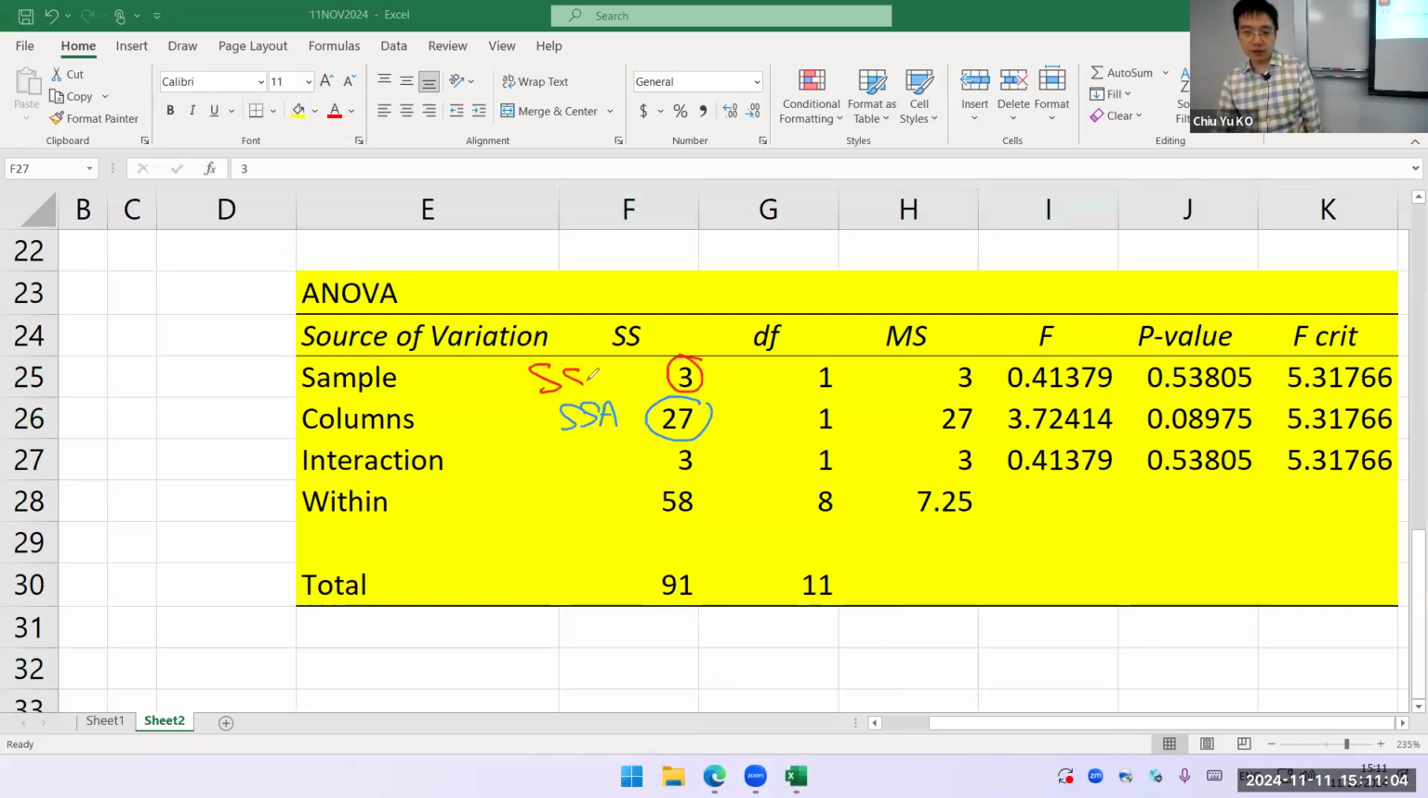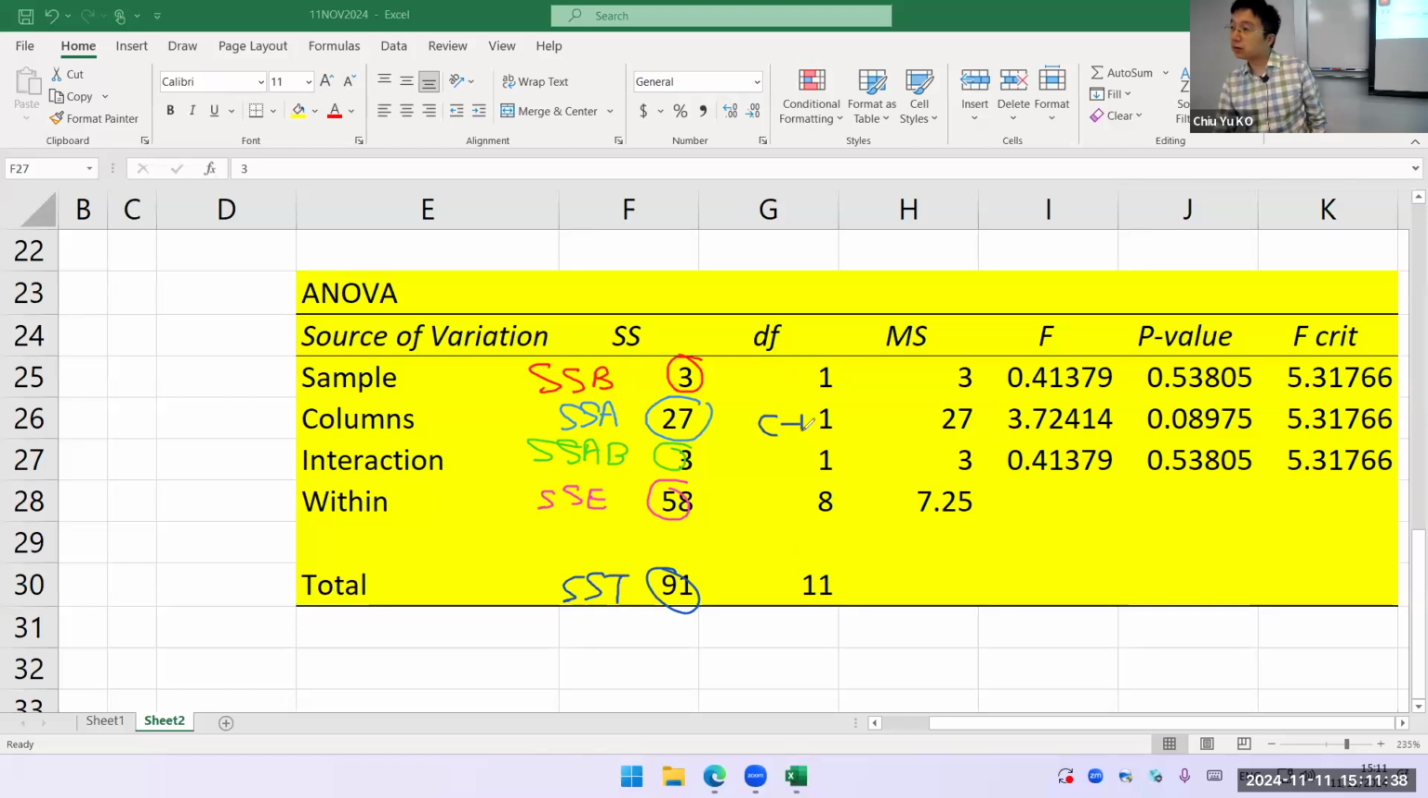this is SSB. Why? Column is A, right? And the sample is the B, right? And this part is SSAB. Okay. And this part is SSE, right? And this guy is SST, right? SST, right? And this is